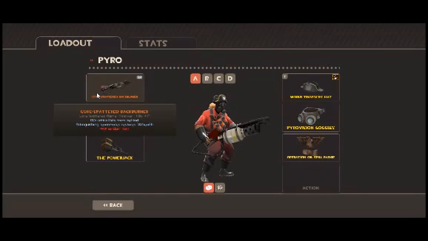But when you air blast, it takes away 50 ammo. So the regular flamethrower takes away 20 ammo. The Degreaser takes 25, but this takes 50. So you can only air blast 4 times ever without any ammo. And if you're below 50, then you can't do it. So that's a pretty big downside. But